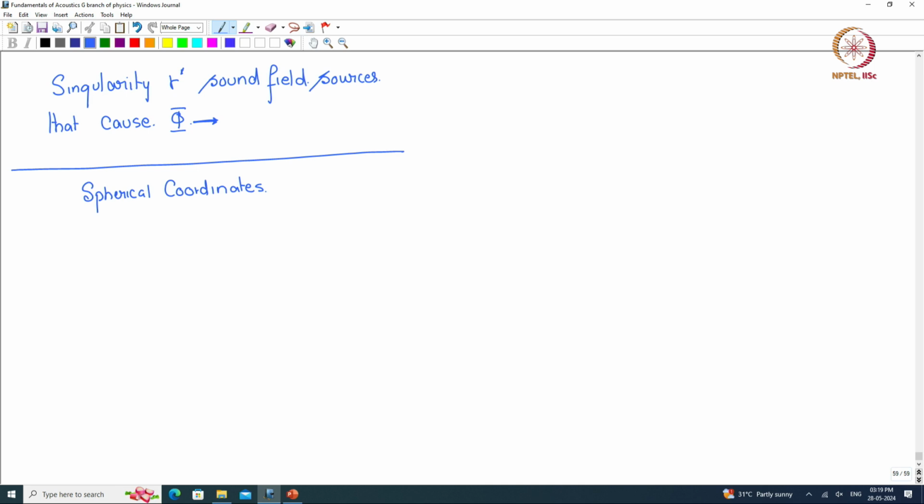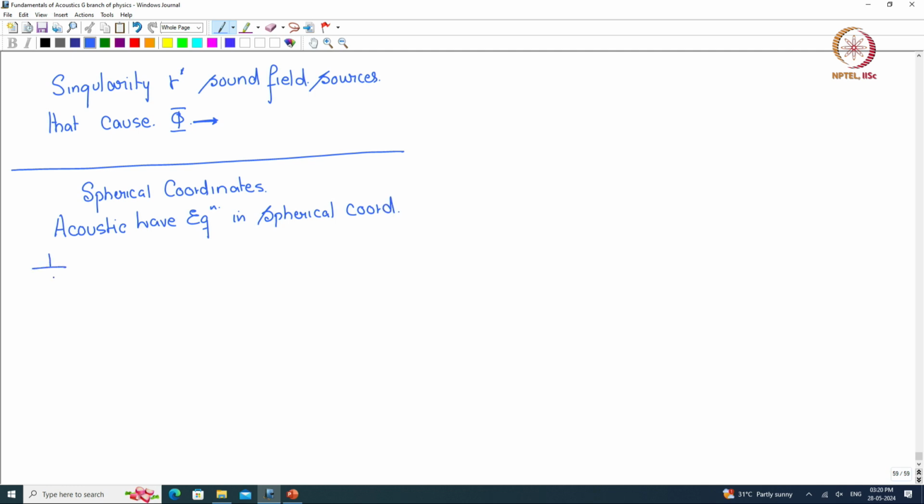So we'll look at that now. The acoustic wave equation in spherical coordinates is this: